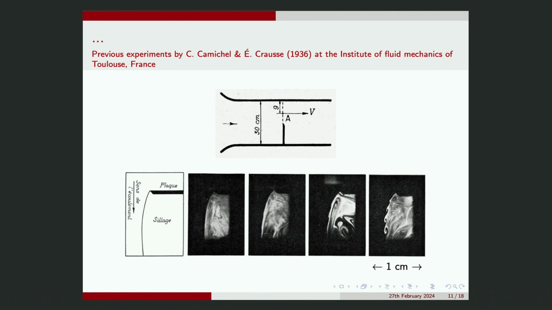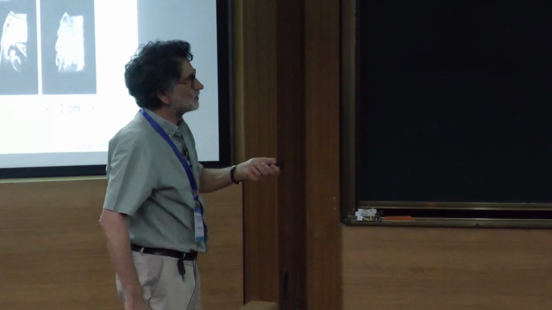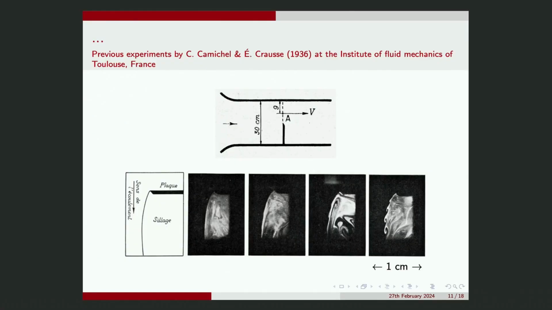So that was in Toulouse at the Institute of Fluid Mechanics. The study was made by Charles Camichel, who was the head of the institute, and one of his students who was Etienne Cross. And the experiment is here. It's a large tube of 30 centimeters in diameter, and the flow is created by a large tank, and gravity drives the water to this tube, and the tube is half closed by a plate,